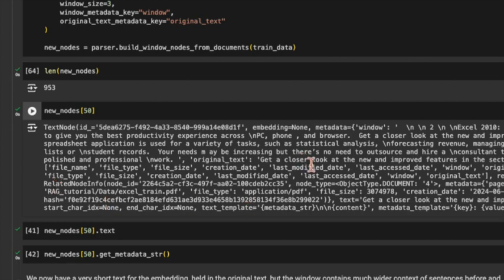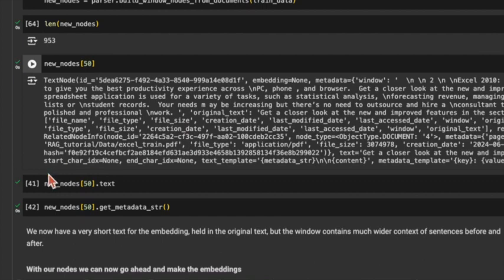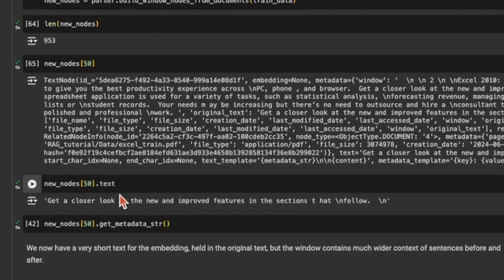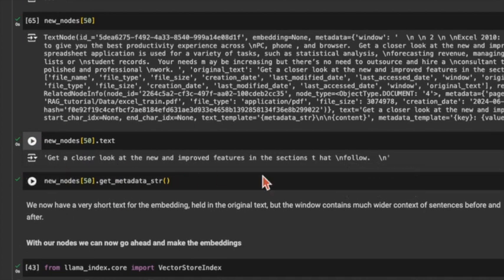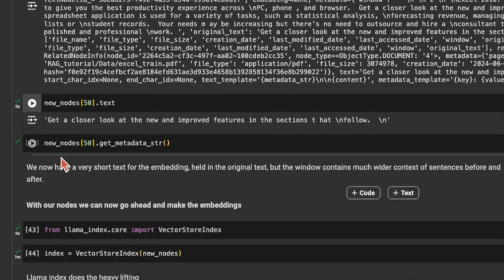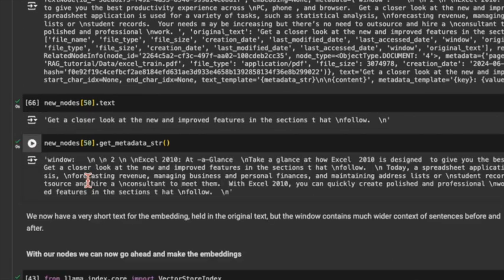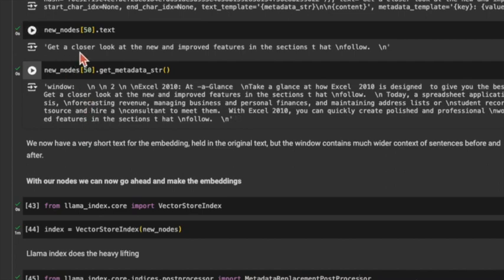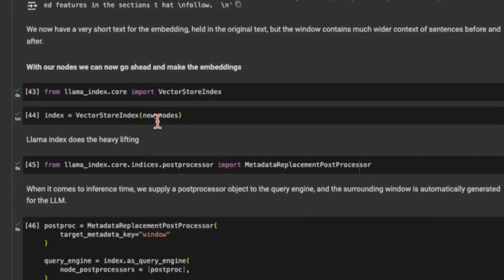We have this metadata key, which is now called window. And this window is going to give us all of the surrounding text, but the actual text that we got the embedding from is going to be very small. So there we go, that's the window. You'll see that this actual text here, "get a closer look", is contained within the window. But we're not going to give just this "get a closer look". We're going to give all of this surrounding context so that the large language model has got something to work